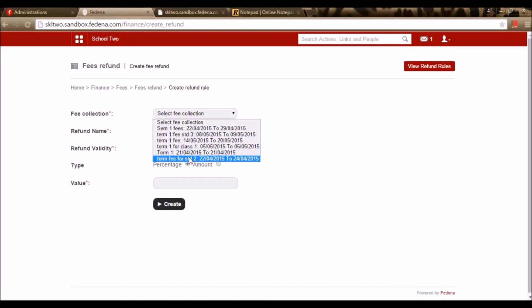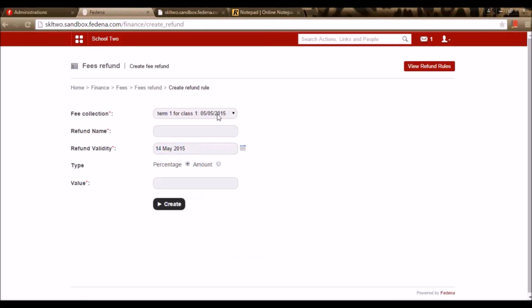So for class 1 that I've created, or any class I've created, will be seen here. I'm selecting any one of these, say for example, this term 1 fee that I've created today, and I'm giving a refund name. So for example, refund, and I'm selecting the refund validity date, and I can select the type to be percentage or the amount.